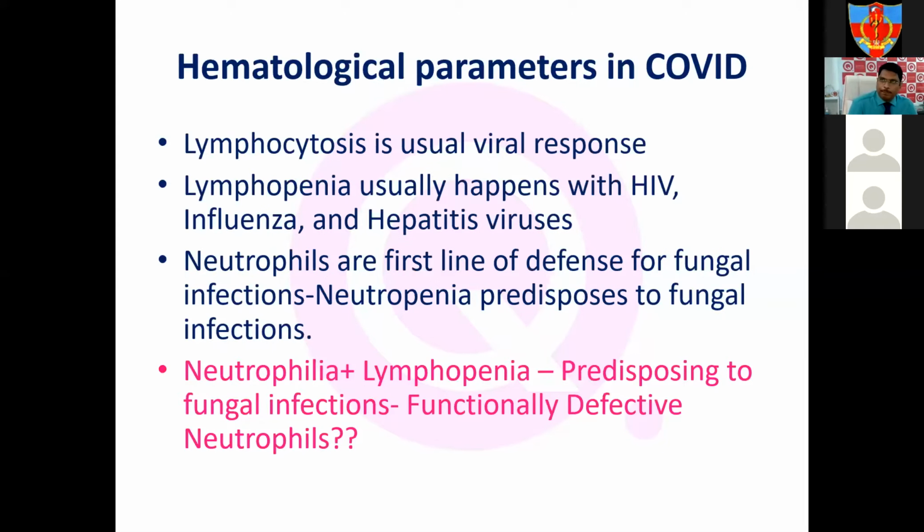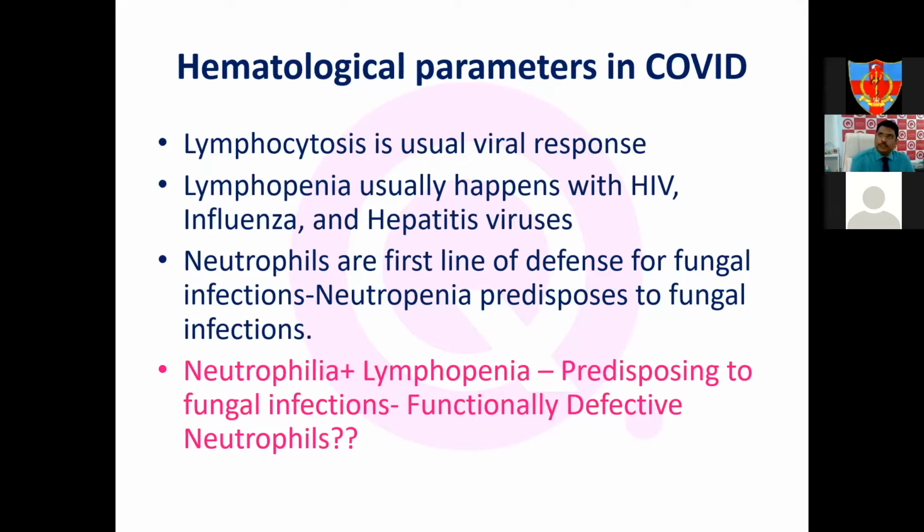So before we jump into understanding the immunological mechanisms that predispose patients to fungal infections, the basic hematological parameters are the very common ones that we look at when the patient gets admitted. This provides us a window to see what exactly is happening to the blood post-COVID infection. There are a few unique features as far as this virus is concerned. Usually the first cellular response of defense to any virus is lymphocytosis.